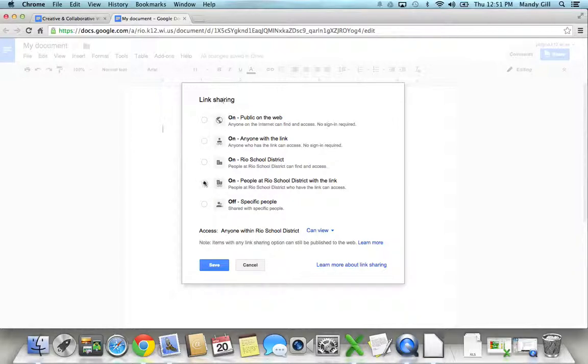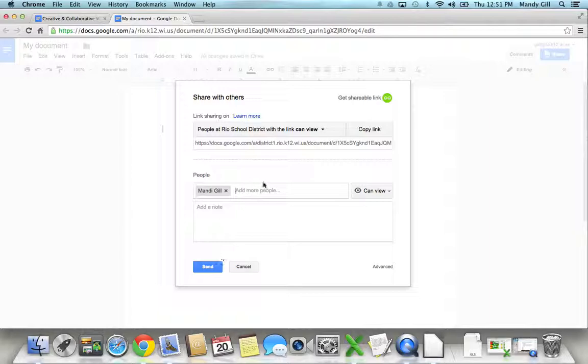After you do that, you decide who you want to allow access to. Again, do you want them to be able to type on it and make changes? Well, if I make this public on the web and I click on Can Edit, then that means that anyone on the web can open my document and make changes to it. Do I want to let people comment on it, or do I want to let people view it? Click Save. If there are more people, okay, so I'm at Ryle School